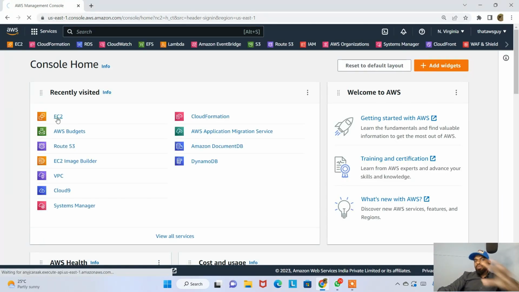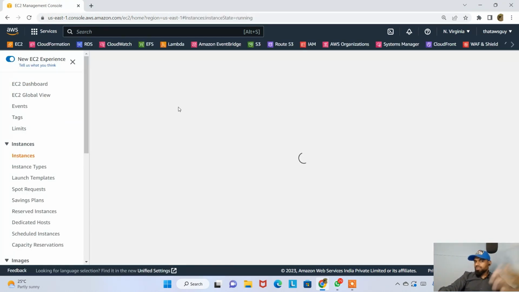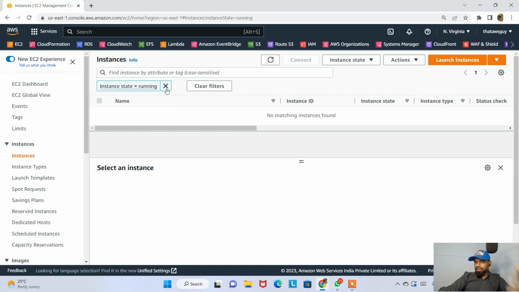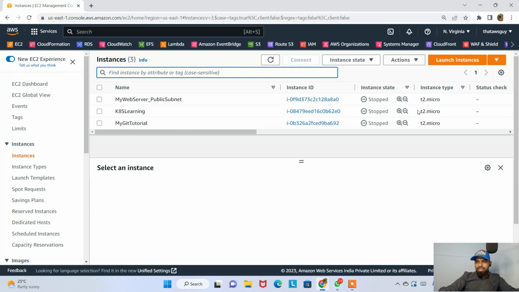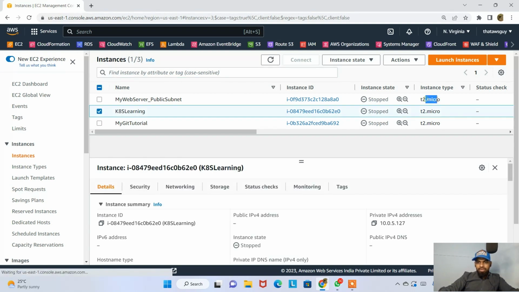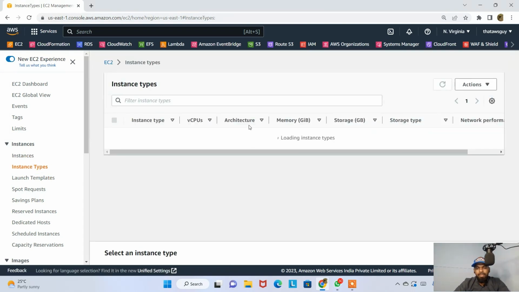So what we have done is create an EC2 instance and install Docker in that, and we were playing around with the Docker things, correct? Now, if you see, I was using T2.micro. That is what I have done so far in my previous videos. If you want to know more about these instance types, I would suggest going through my AWS workshop series. Now, if you go to instance types here,